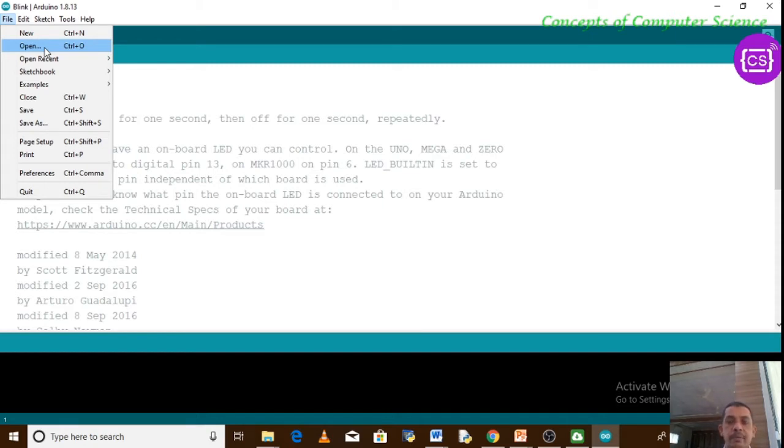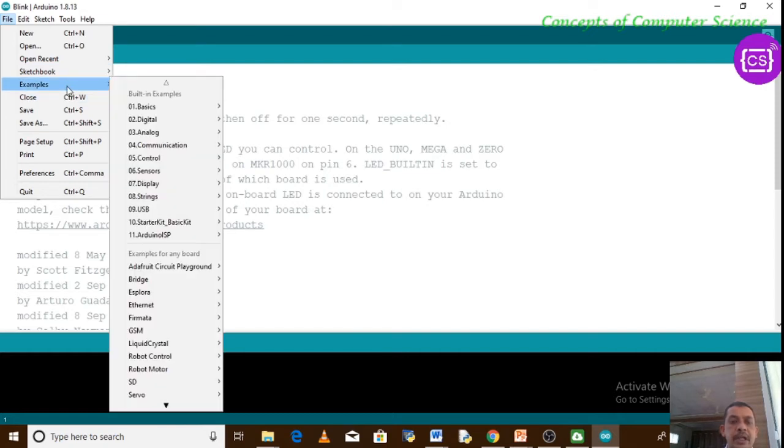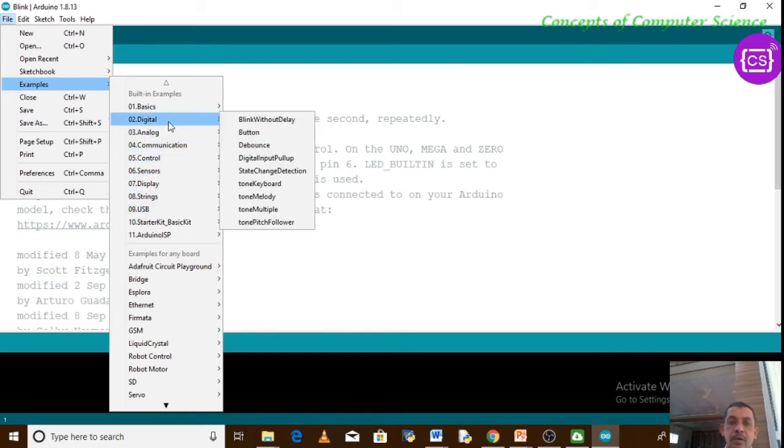Whatever program is written for the Arduino is called a sketch. So here you can open a sketch which is already written. Then several examples are given. Pre-written codes are available. You can open any code and use it.